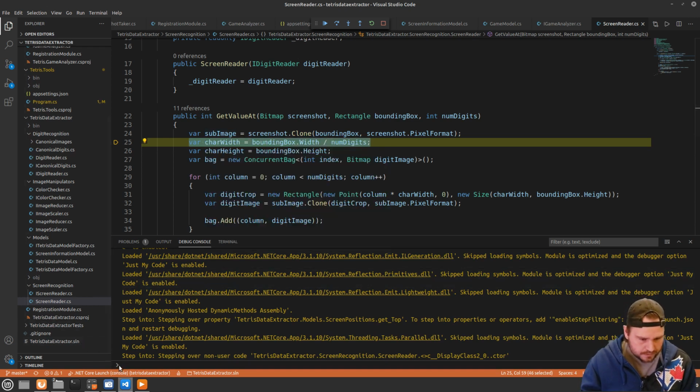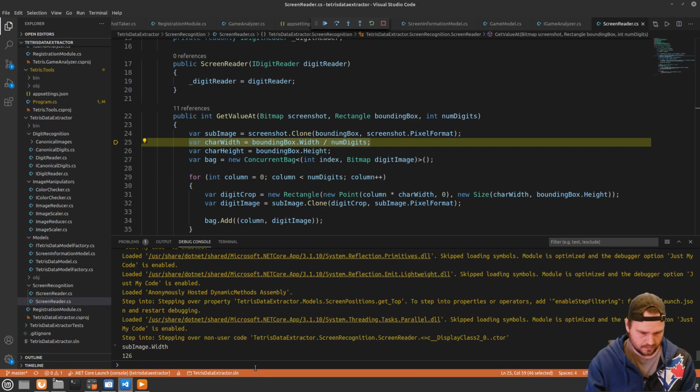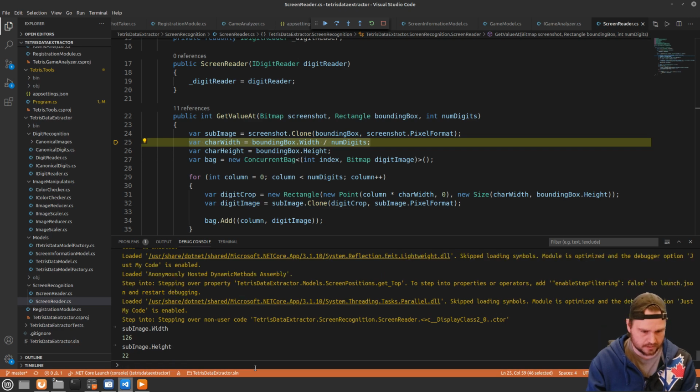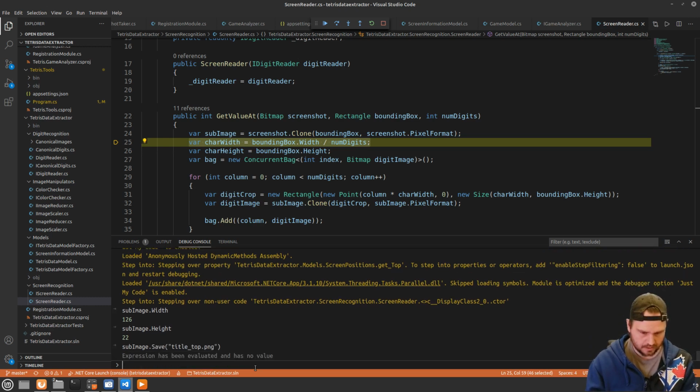Can I do subimage width, subimage height? Okay, so I can do this. Subimage dot save to title underscore top dot png. Okay,